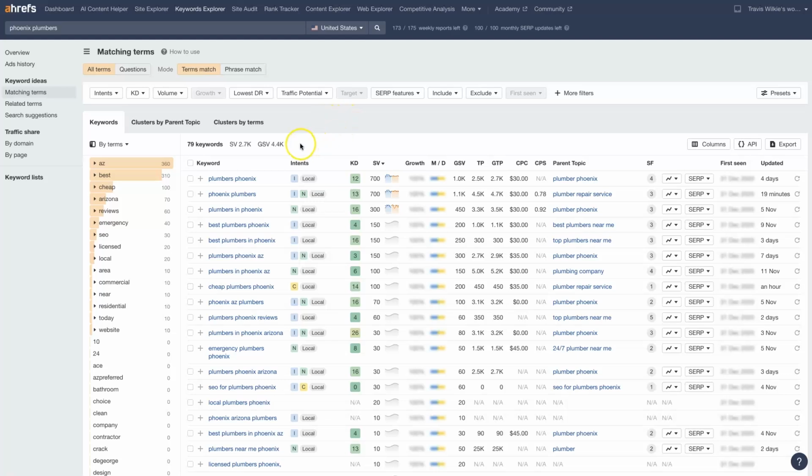It's going to tell us information about each individual keyword, like the intent behind the search. So Phoenix plumbers, somebody's looking for information on a local basis. I don't know how much I trust that though. These people are actually looking to like hire a plumber. Plumbers in Phoenix, they're trying to get in touch with a plumber. Cheap plumbers, this is saying it's commercial. So you've got to take these with a grain of salt,